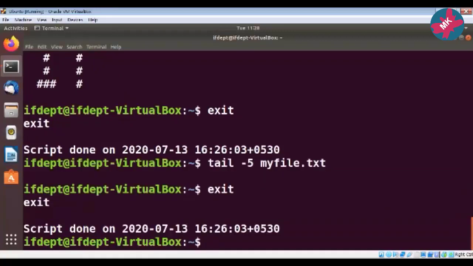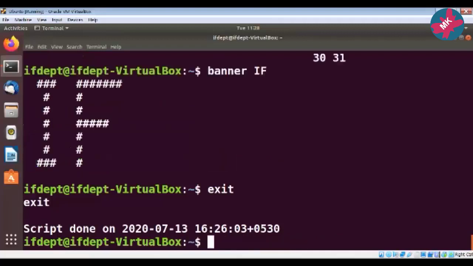Now, the tail command also provides one more option. Suppose I want to see the content of this file from the 20th line. What I can do is type tail +20 myfile.txt. This will display the content of the file from the 20th line present in myfile.txt.